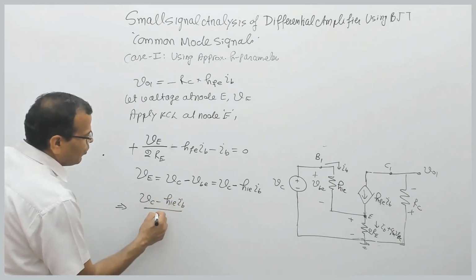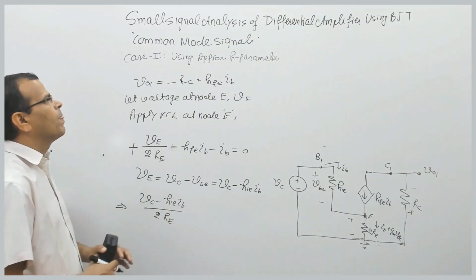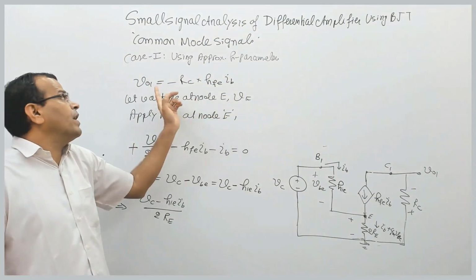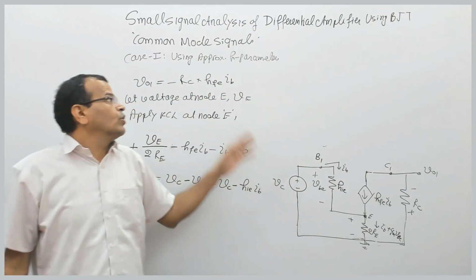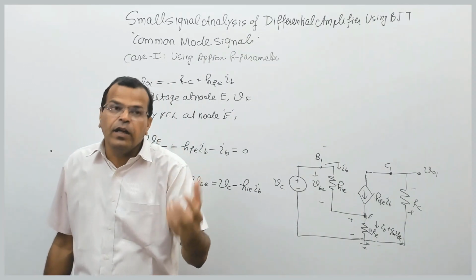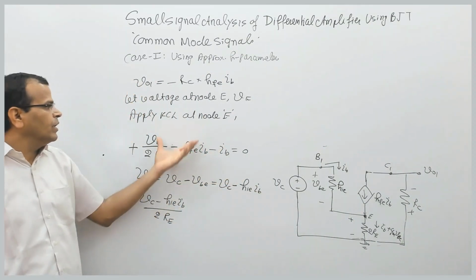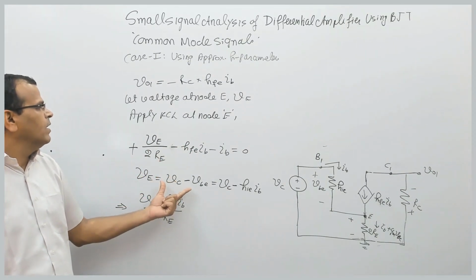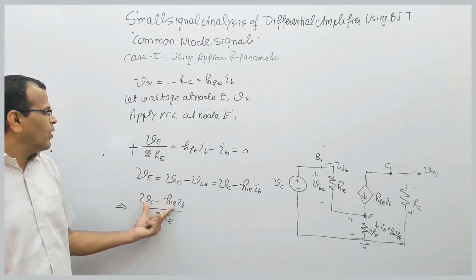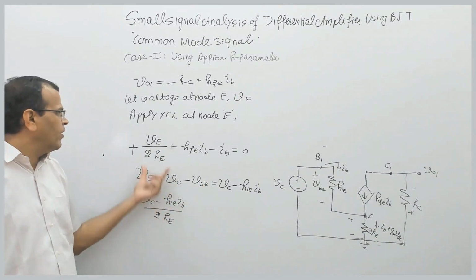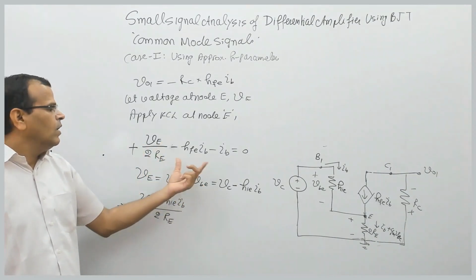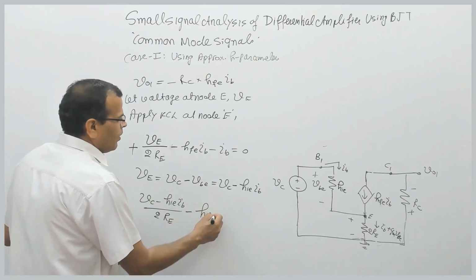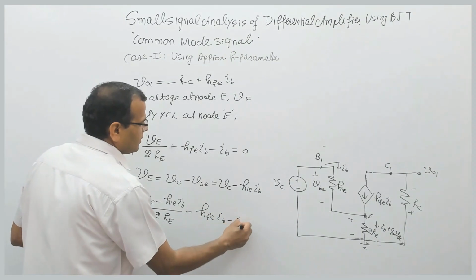What I am trying to do is, please try to understand, my output voltage is in terms of IB, but I need to find output voltage in terms of VC so that I can find the common mode gain. So here I am trying to relate using this expression, VC with IB. So I have obtained VE, so where I could relate VE with VC and IB, I have replaced VE by this factor or this term. Otherwise, the remaining part is already in terms of IB, so I will keep it as it is.